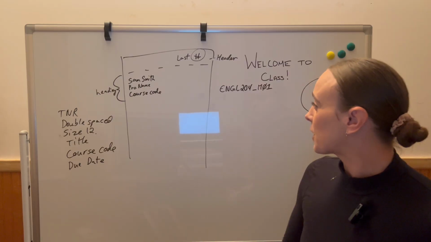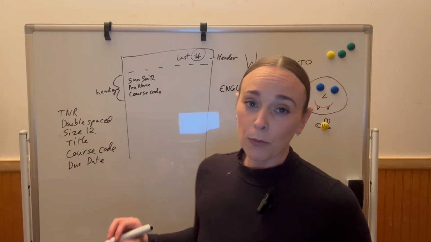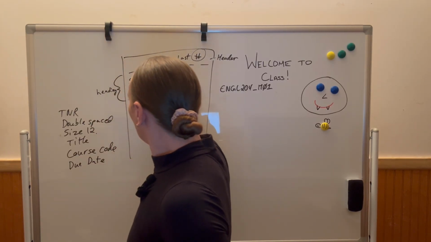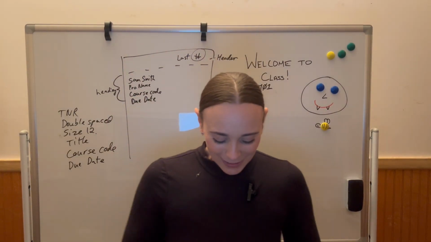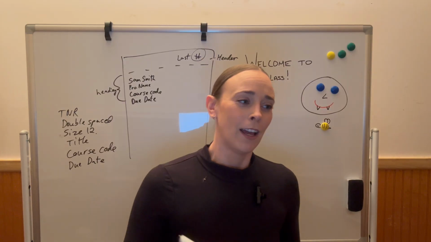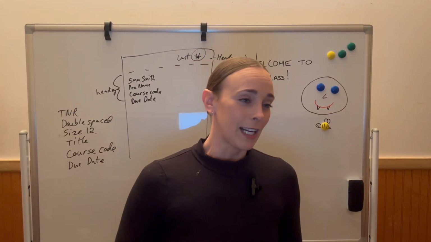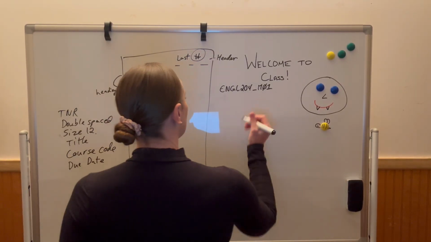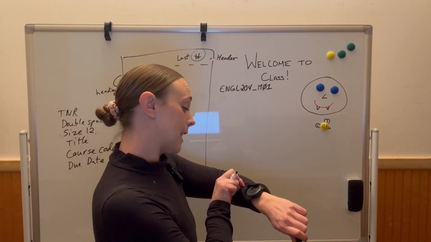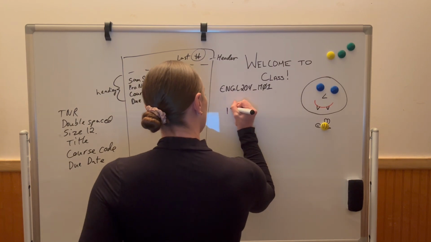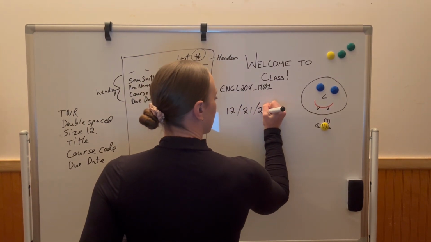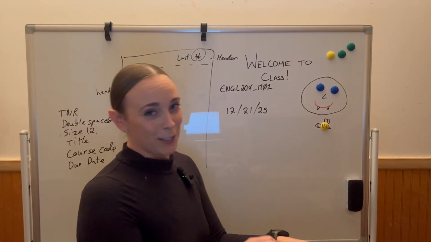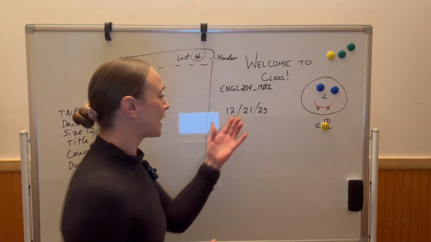So in addition to the course code, you'd also want the due date. Now with the due date, I have so many different ways of students that say, how do you write the date? And usually I ask people to kind of call out some things. They usually come up with things like, I don't know, what's today's date? Today is December 21st, 2025. I know that's going to be dated for some people eventually, someday, but for now, it's going to have to work. And then I say, okay, well, is this how you write it?